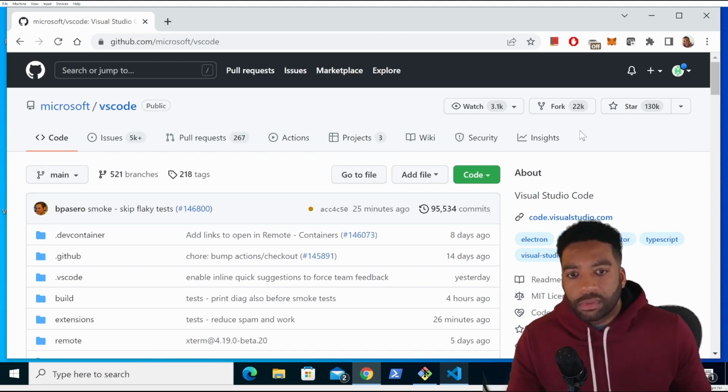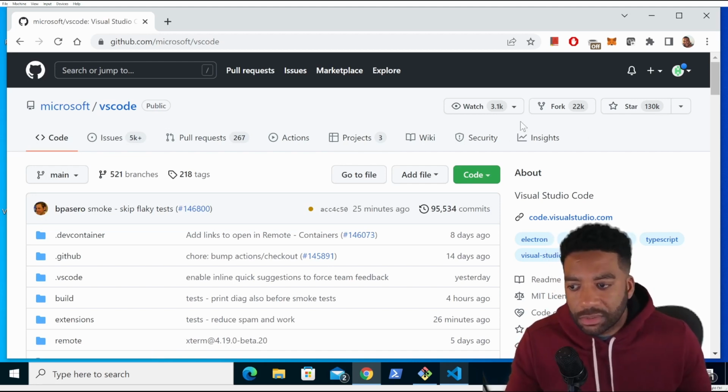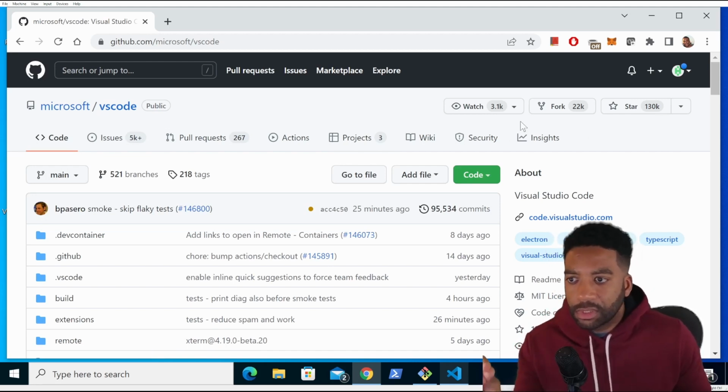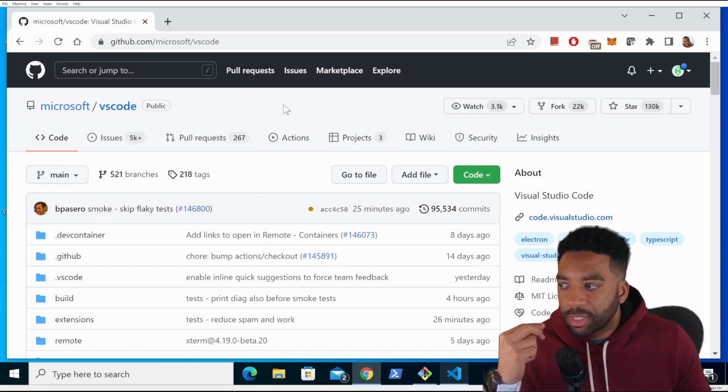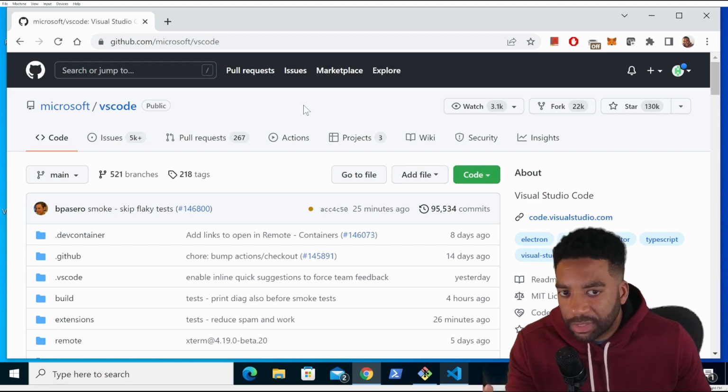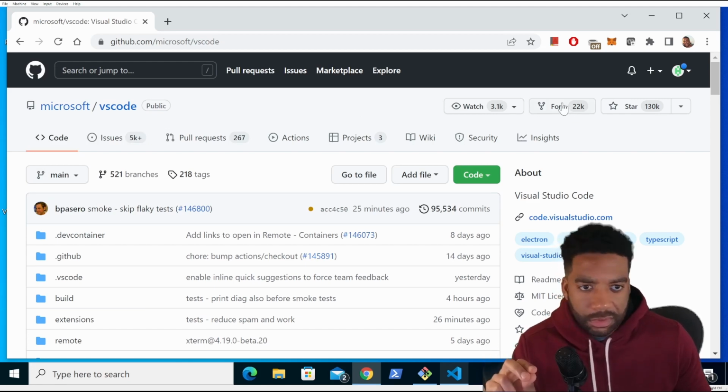So why wouldn't I clone this directly? If I clone this directly, I'd be within Microsoft and I couldn't push my changes back in because I don't have permission to be in this project. So what you could do is click this button here called fork. And so when I click fork,